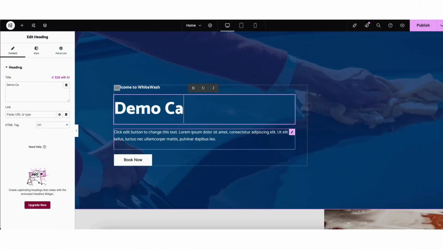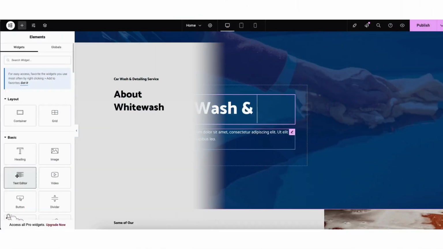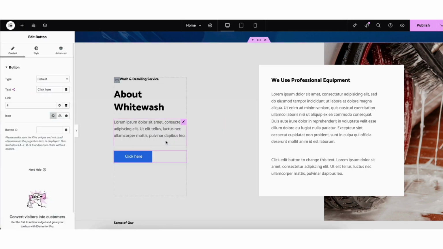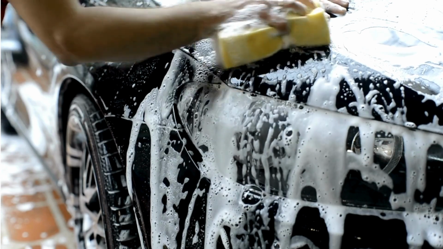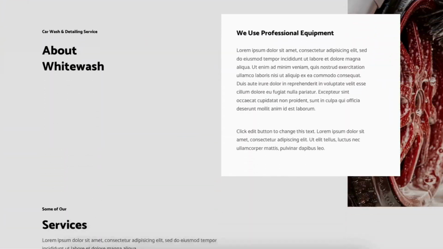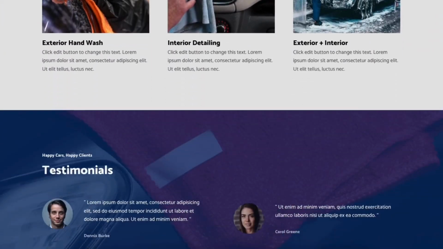I'll be going over how to make a car wash and car detailing website using one of the most popular drag and drop editors, Elementor Page Builder, so you can create a professional looking auto detailing service website via drag and drop. The great thing about this car wash website tutorial is it is extremely easy to follow along with, even if you have no experience in starting and creating a car wash and car detailing website. At the end of this video, you will have your website for your car wash and auto detailing service business